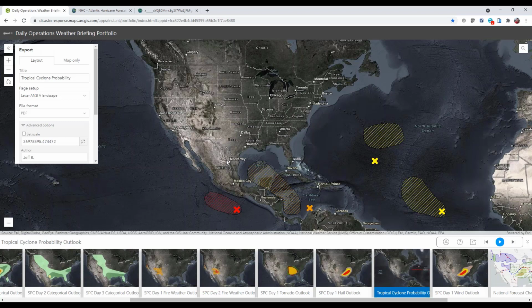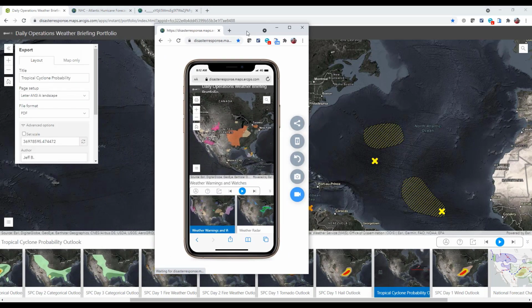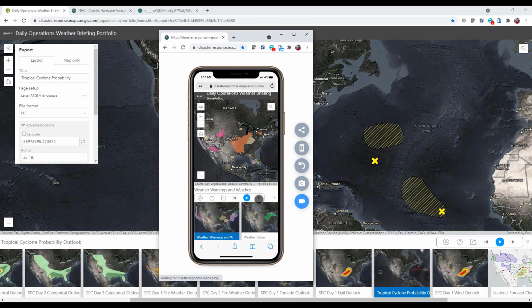Additionally, since this is built on top of our JavaScript 4.x API, this works very well on mobile devices. What that means is, the same information that we're looking at here in a desktop view can be viewed on mobile devices as well, and this works pretty well. Especially since many of us interact with websites these days on mobile devices, it's important to have a mobile experience that works well for your constituents and stakeholders to access the same type of information. And so that's what you're seeing here as I simply flip through some of the content on this mobile device emulator on the desktop.